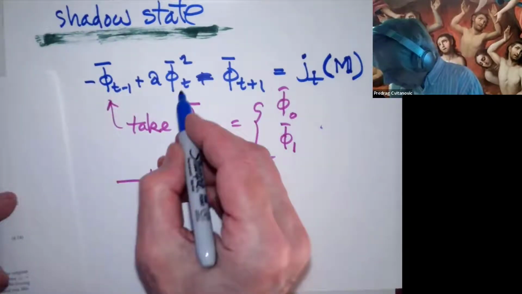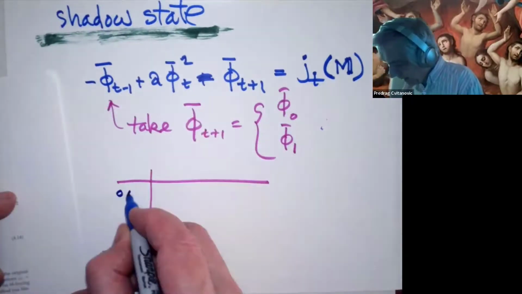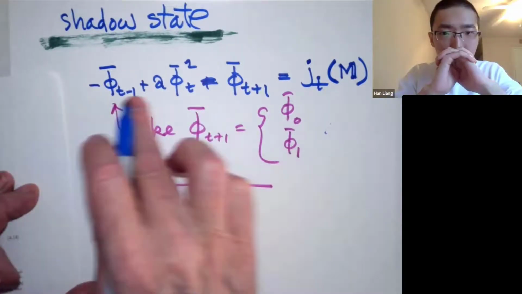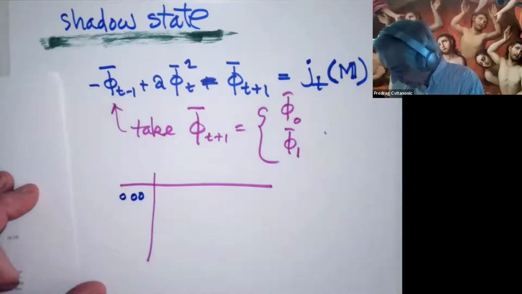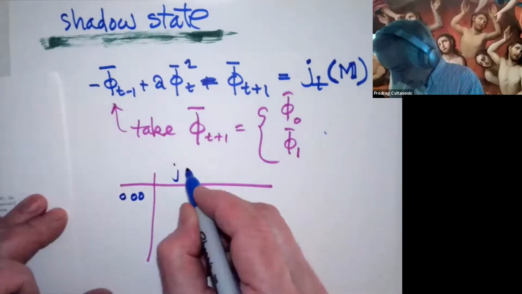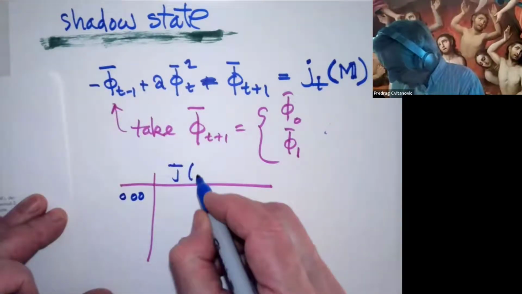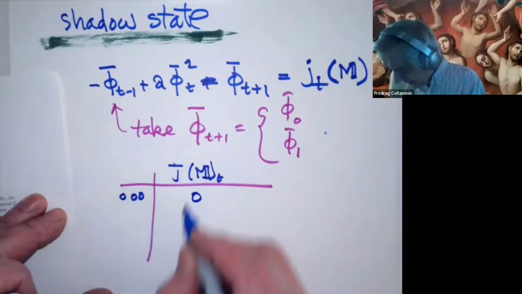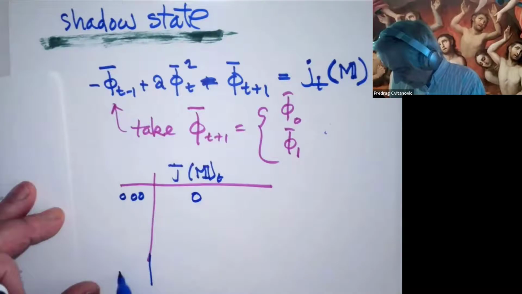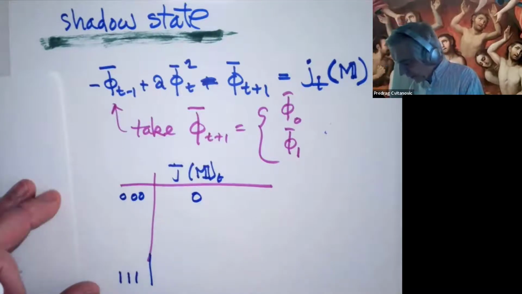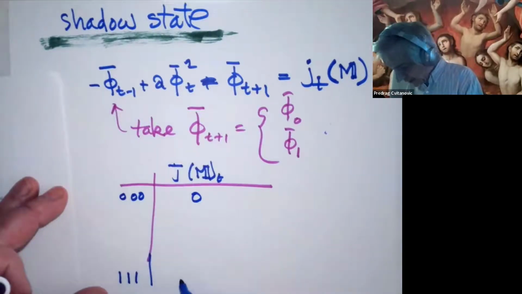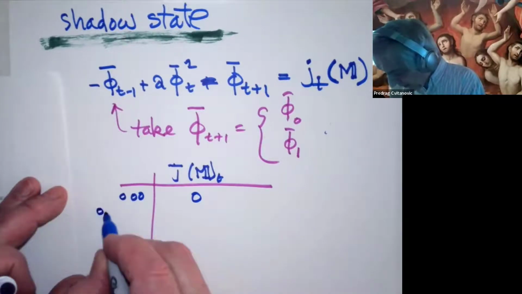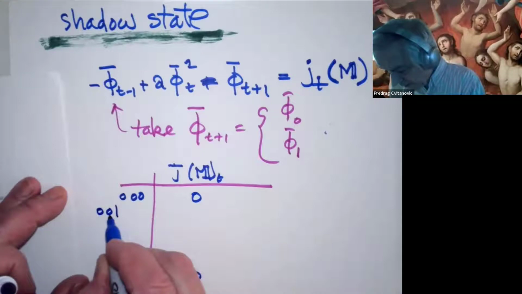If my neighbors are the same as me, then this is the fixed point equation. I obey the law, so this forcing term J of M at my site will be 0. And the same thing if both of my neighbors are also fixed points, then I satisfy the equation, so that'll be 0. But if I look at 0, 0, 1, where in the middle it's me and these are my neighbors,